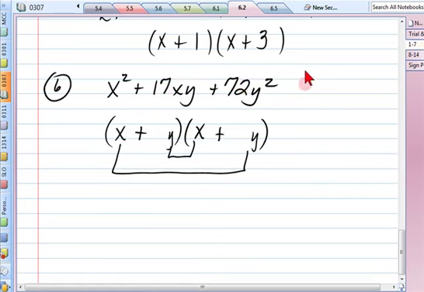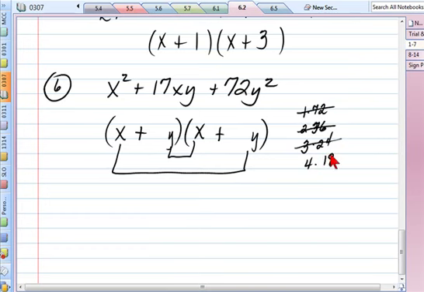So I need a little space to think about that. All right, 1 times 72 definitely won't work because those don't add up to be 17. 2 goes into 72 36 times, but those don't add up. 3 goes in there 24 times. Those don't add up. 4 goes in there